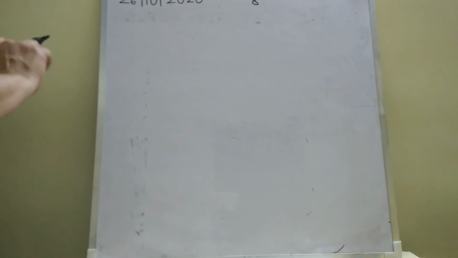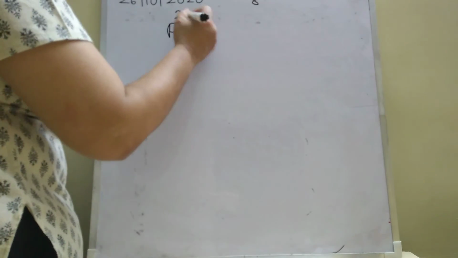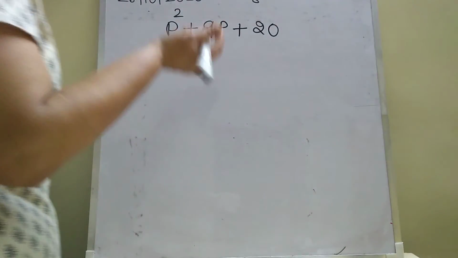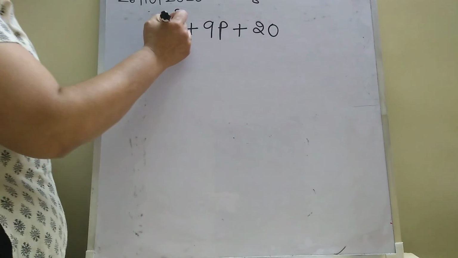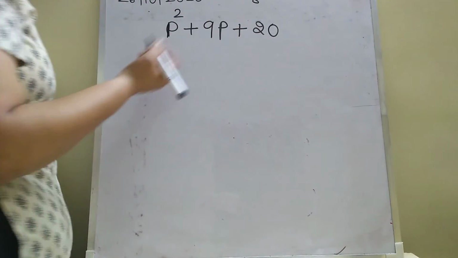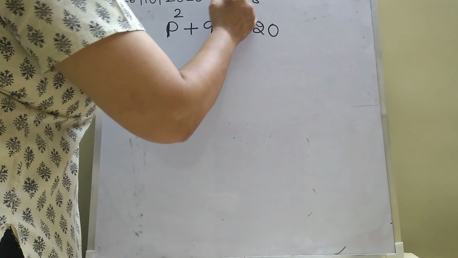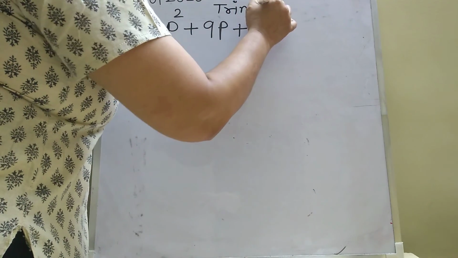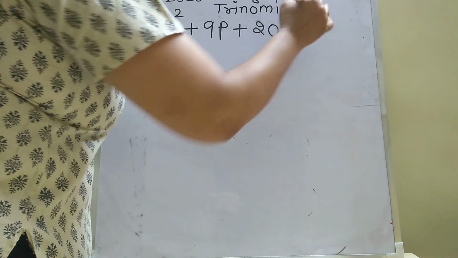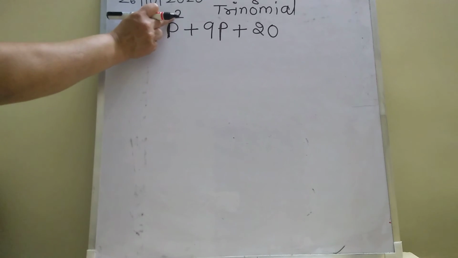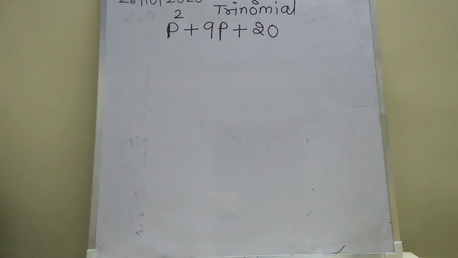If I am having only 3 terms, p square plus 9p plus 20. Only 3 terms I have. I don't have the 4 terms also. I can't take anything common also. This is not an identity. This is called factorization of a trinomial. This is a quadratic trinomial. Okay, this is called quadratic trinomial. Why quadratic? Because the degree, means power, the maximum power is 2. That's why it is called quadratic trinomial. We'll see this after in the second video.